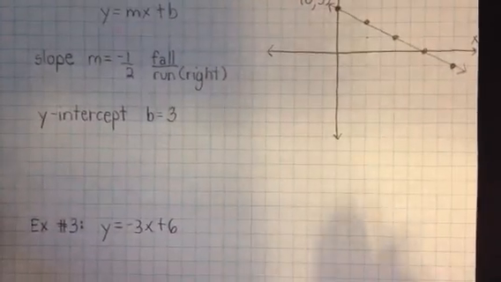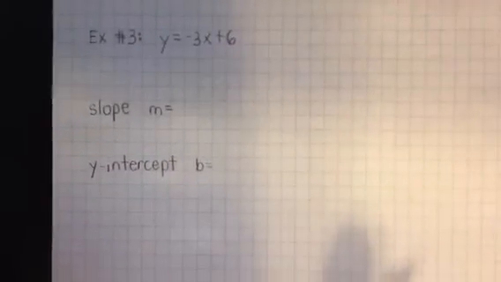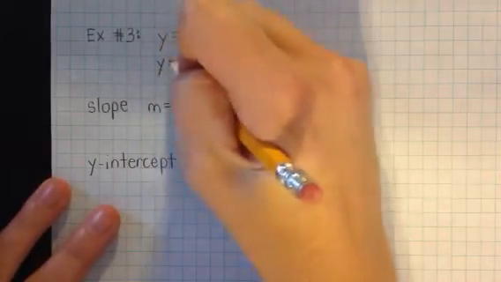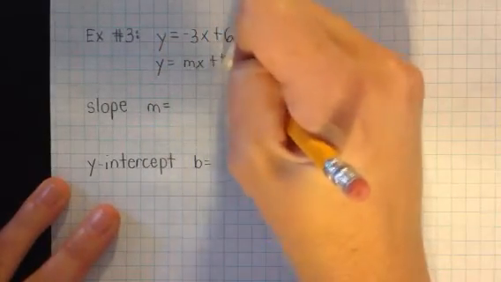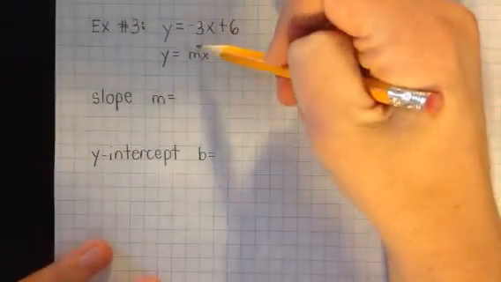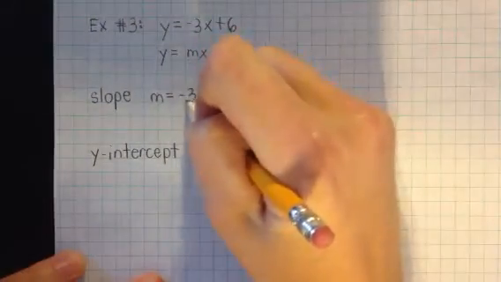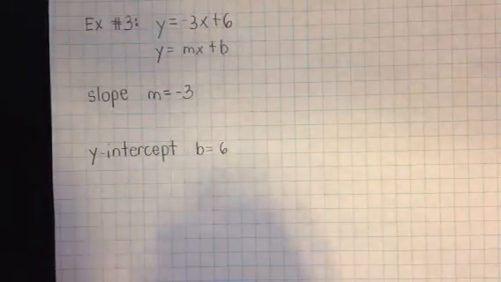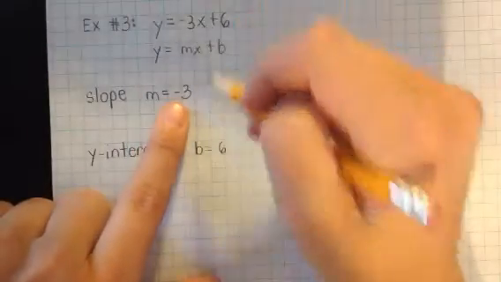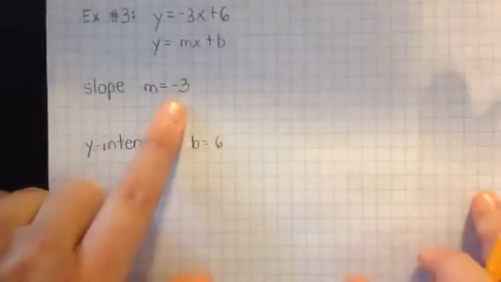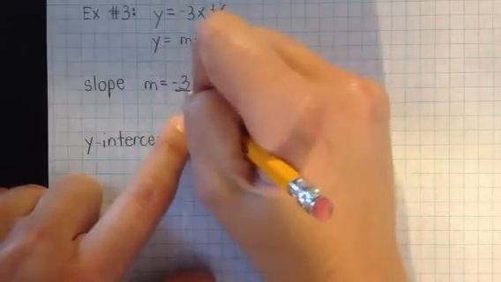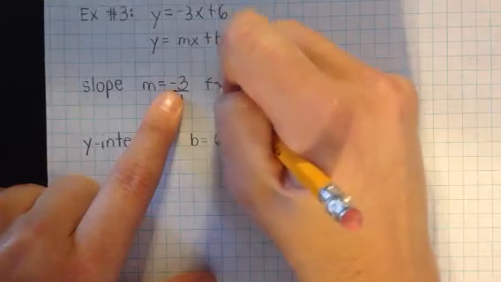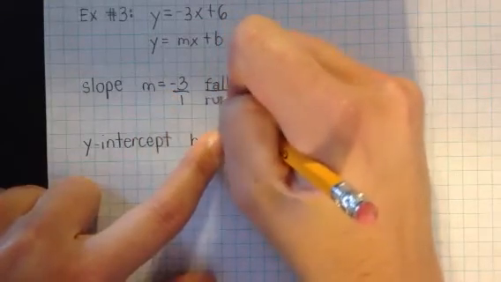All right, last example. Last example is y equals negative 3x plus 6. So again, right below it, I'm going to write y equals mx plus b to help me see what goes with what. So I know that negative 3 is my slope, or my m, and I know that positive 6 is my b. Okay, so now here I've got slope of negative 3. Remember from the front we talked about if it's a whole number, then you need to put it over 1. So also, again, it's a negative, so that means I'm going to fall, and then I'm going to run,